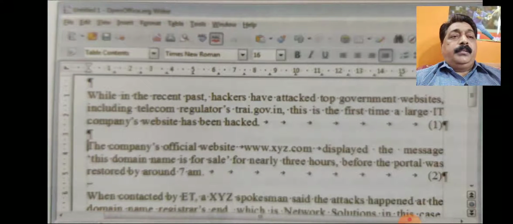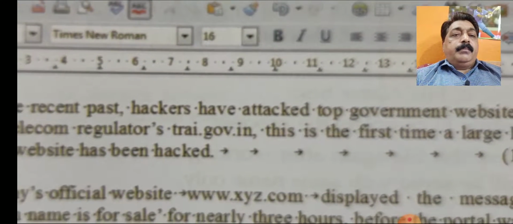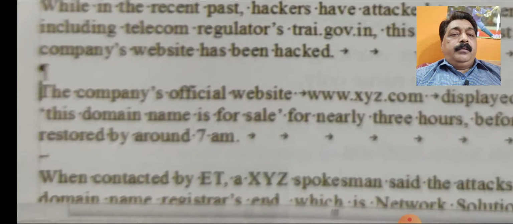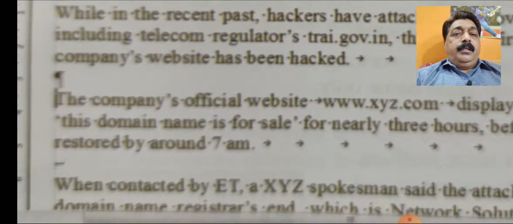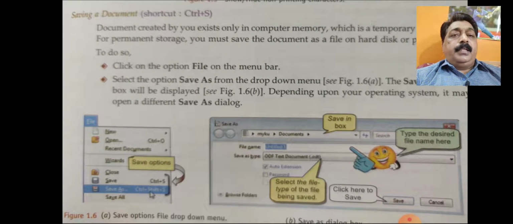You can see here some spaces are shown like this. So when we press enter and come on the next line, through this we come to know where the blank spaces are.